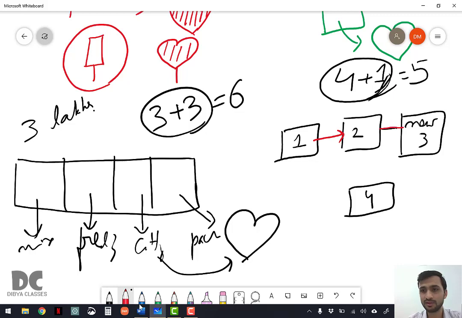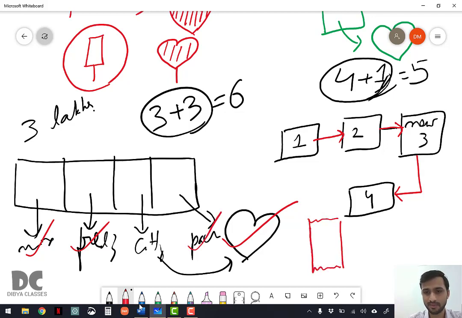Now he'll connect 2 with the new 3 and the new 3 with 4. Now he can get mixing, freezing, cutting in love shape, and then finally packaging of the ice cream. Right? Understood? Okay.